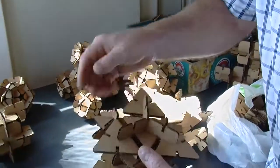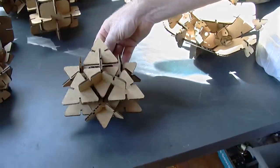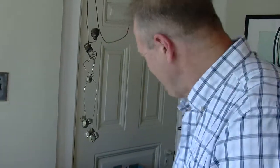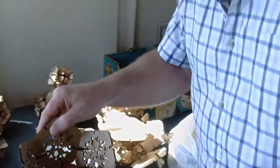So in this case, I used triangles and squares to make a sort of snowflake design. And speaking of snowflakes, by